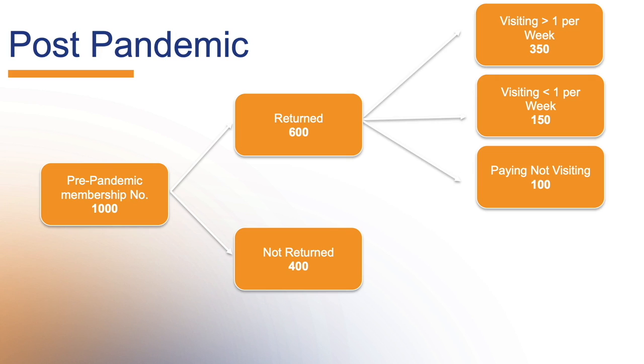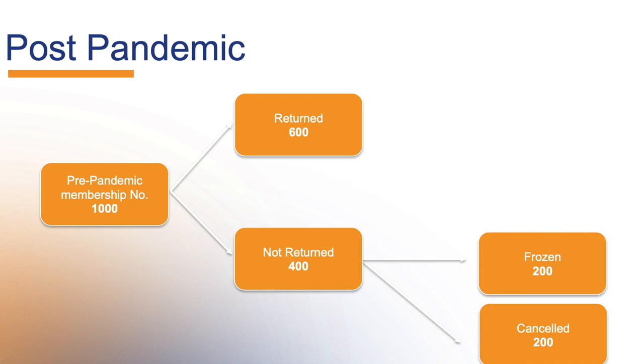The middle group are visiting less than once per week, but they are visiting. Then we've got this odd group that I've put here, which is they're paying but not visiting. So they've clearly indicated their willingness to stay a member, but they're not yet visiting the club. Then I'm going to look at the bottom two groups, those who have not returned. You've got the frozen, so they've indicated they want to stay members, but they're not yet paying, which is slightly different from the group above them. And then you've got the cancelled. For the time being, I wouldn't worry about the cancelled.